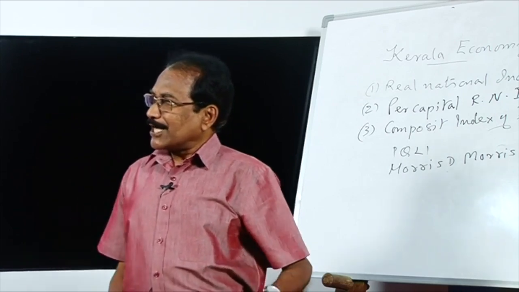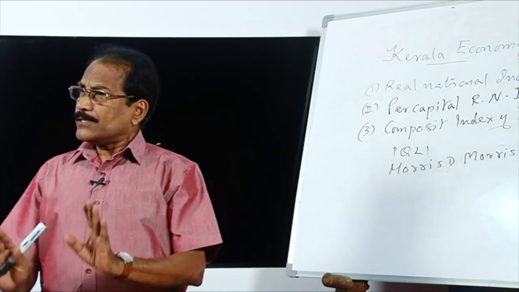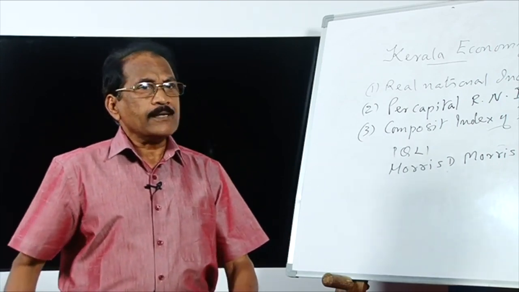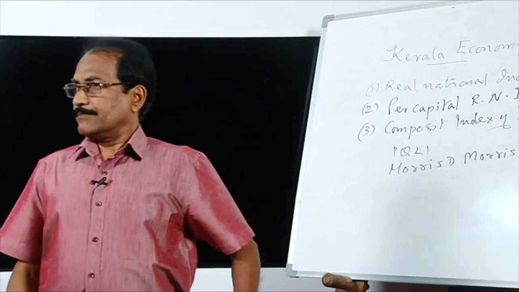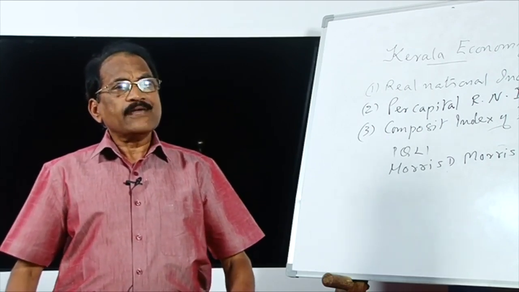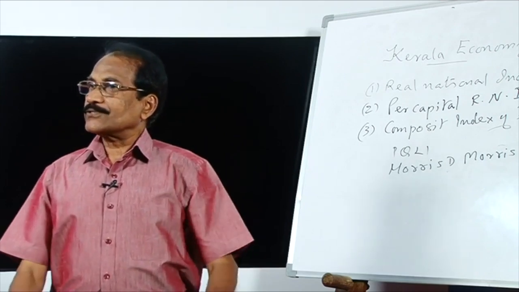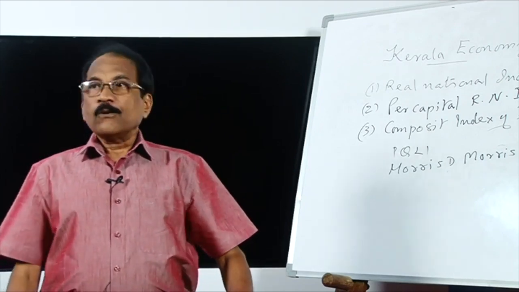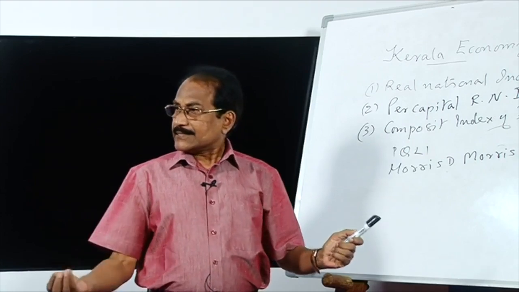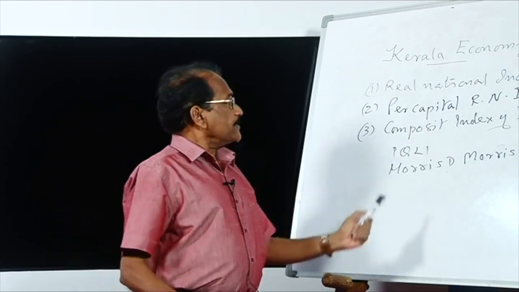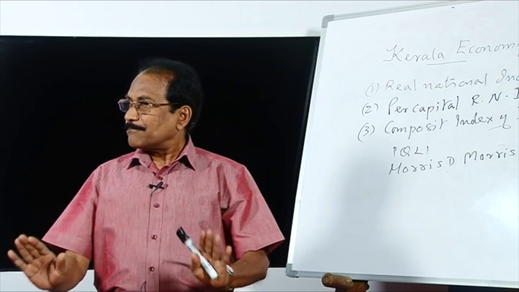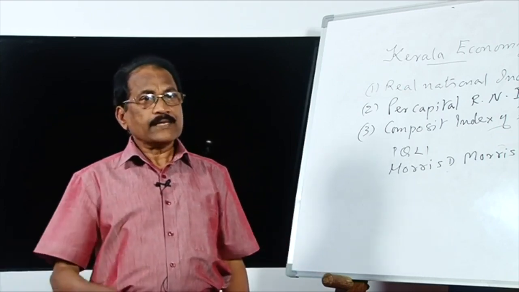The higher the per capita real national income of a country, the higher the PQLI is also found to be. The Physical Quality of Life Index is also better in those countries where the per capita real national income is higher. The higher the per capita real national income, the higher the quality of human life, according to the research studies. So they ask, why do we reject per capita real national income? No. The research studies came to the conclusion that if the per capita real national income of a country is high, automatically all the other things will also be better and good. That is the conclusion we are getting.